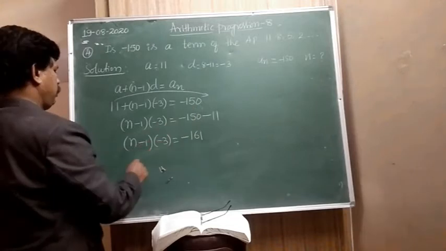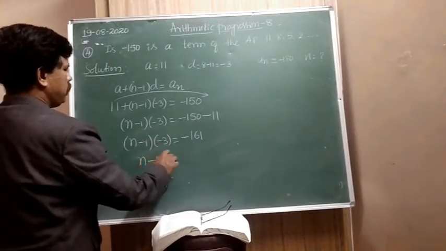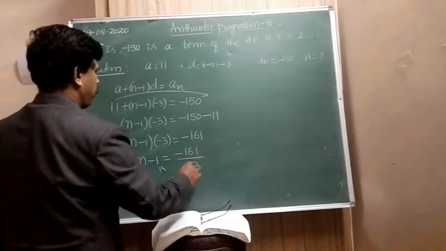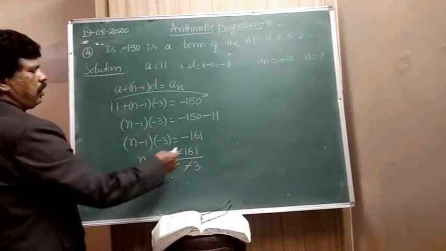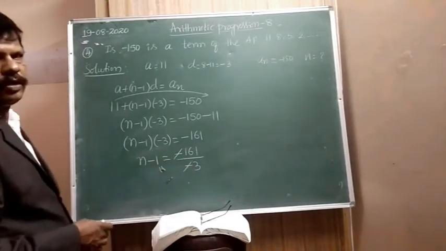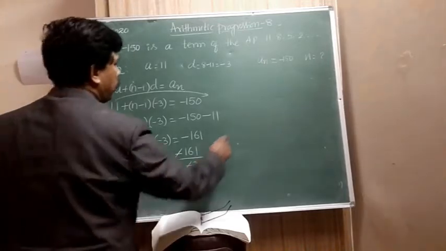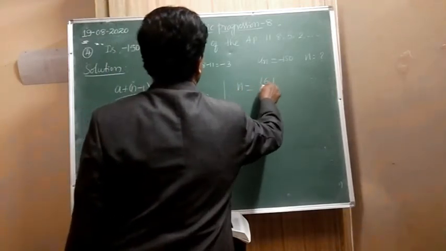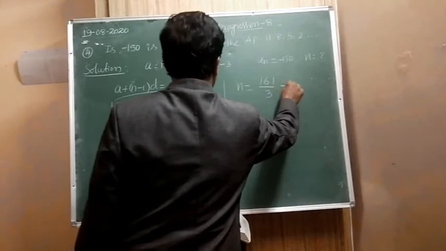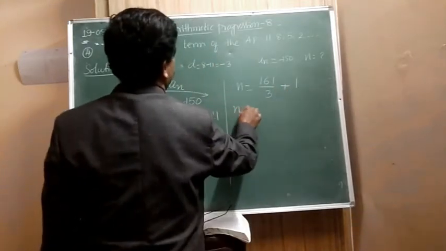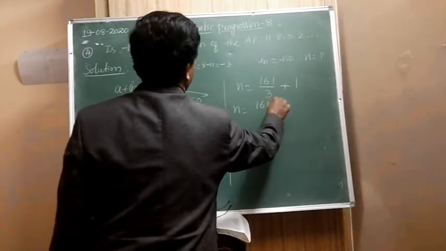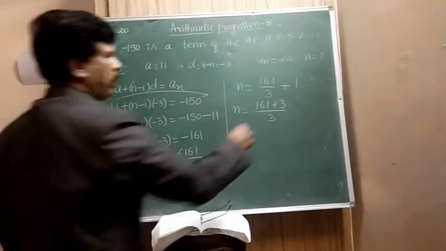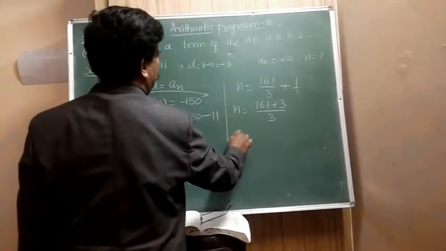Clear? Then n minus 1 equals minus 161 by minus 3. Minus minus get cancelled. Now 161 cannot be divided by 3, right? Then n is equal to 161 by 3 plus 1. So n is equal to (161 plus 3) by 3, taking the LCM. 3 and 1 LCM is 3. Then n is equal to